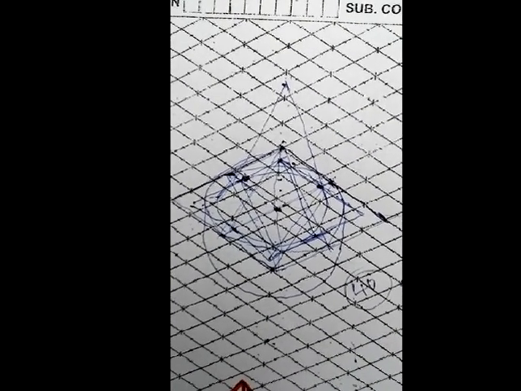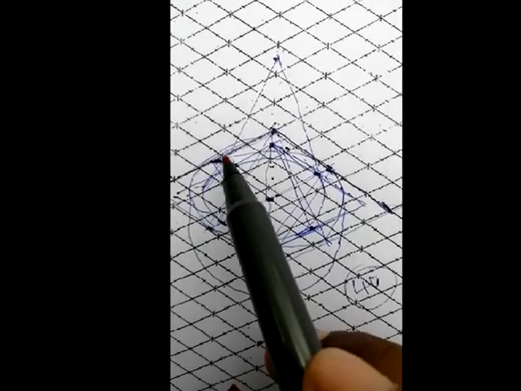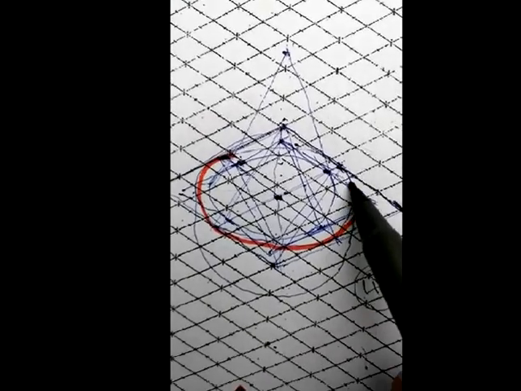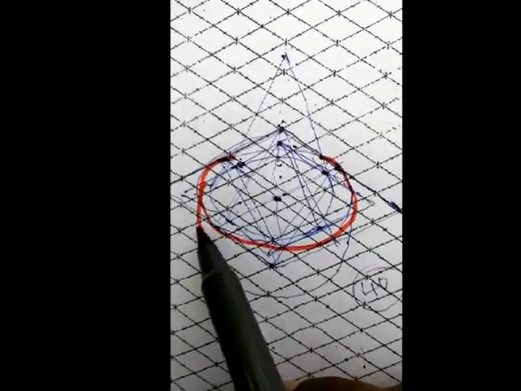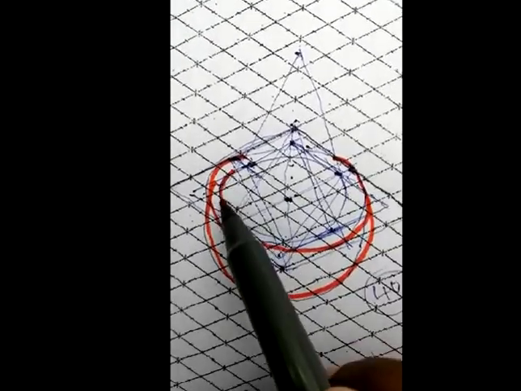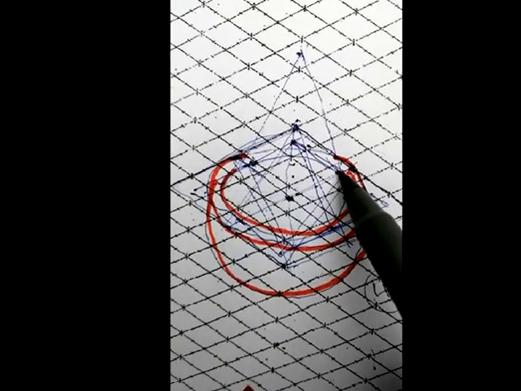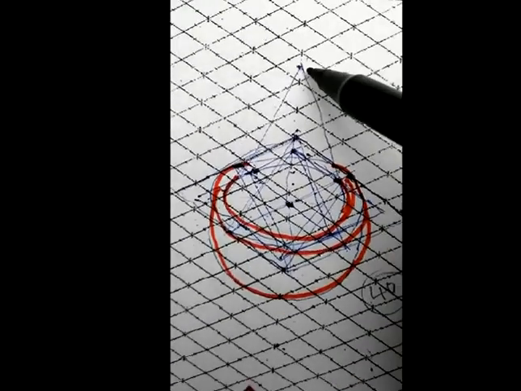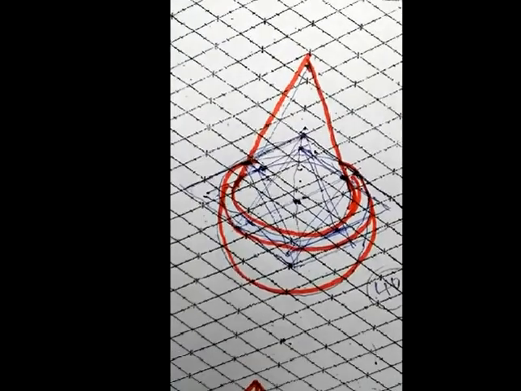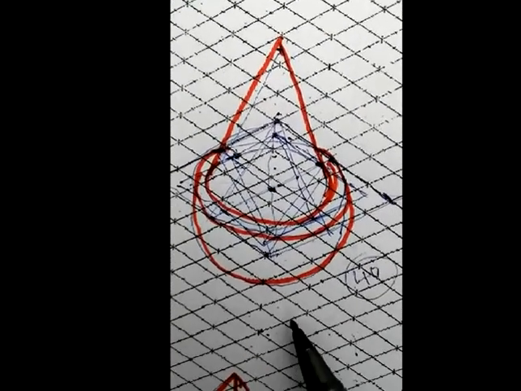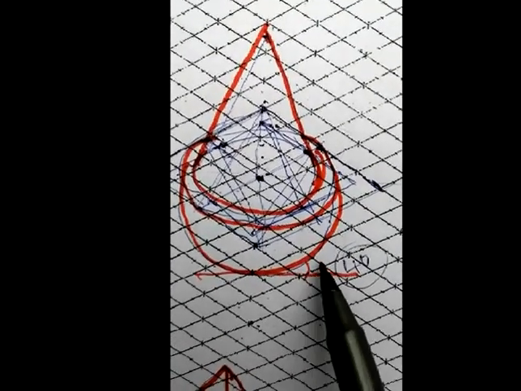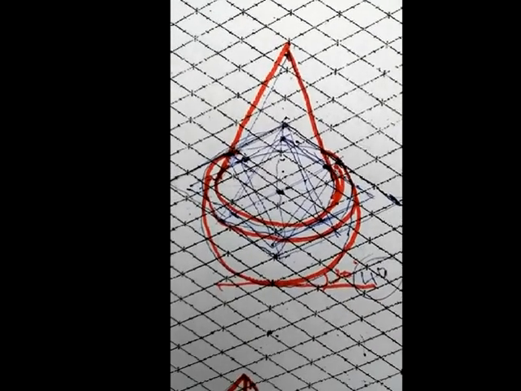Identify which are the visible edges. Make it thick. This portion of the hemisphere is visible. This portion is completely visible. And in the cone, this portion is visible. This is visible, and even this edge is visible. So bottom object hemisphere, second object cone. Indicate 30-degree.